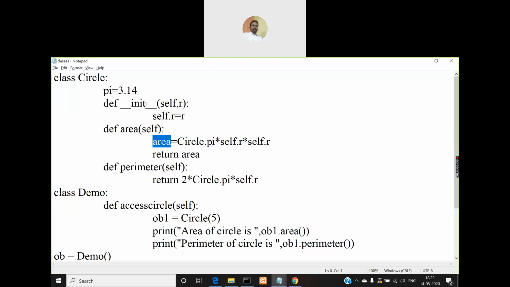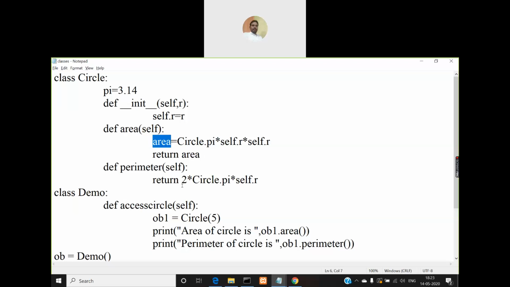So I'm using Circle.pi * self.r * self.r. This can be rewritten as self.r with the exponent operator 2. Yesterday we have written it that way, I think, so we can do that too. I'm calculating the area of the circle, storing it in the variable area, and then returning that area. So this has a return type, so a return statement is there.